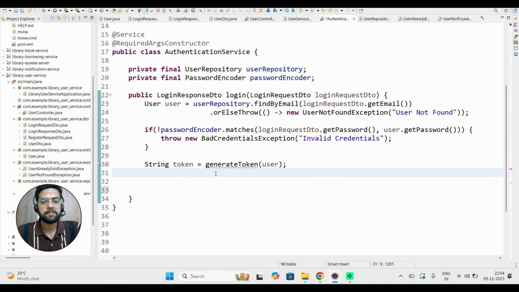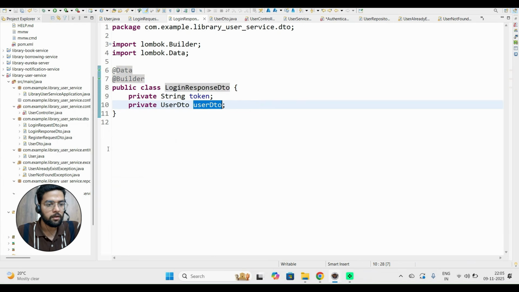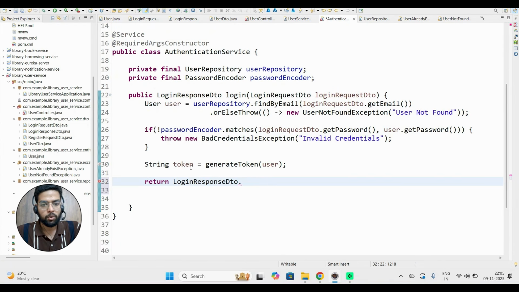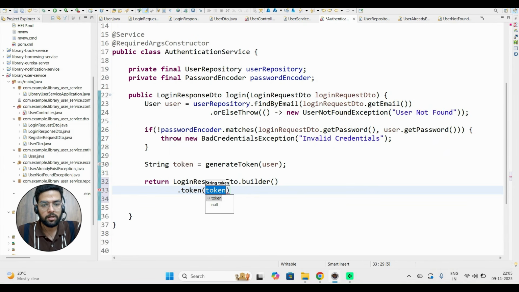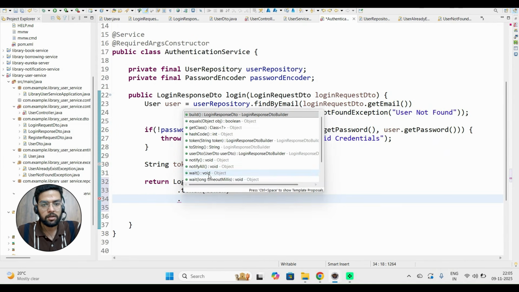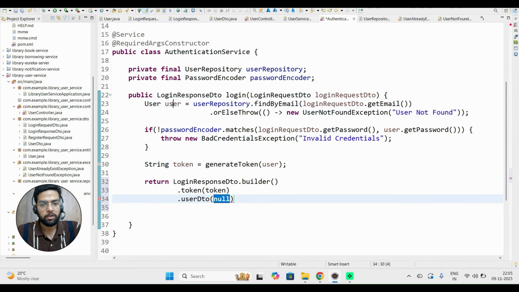Okay, we'll create this method here only, and then return LoginResponseDTO dot builder. It contains two things, token and user DTO. So the first field is token, we'll get from here. The second field is user DTO. Okay, so we got the user,